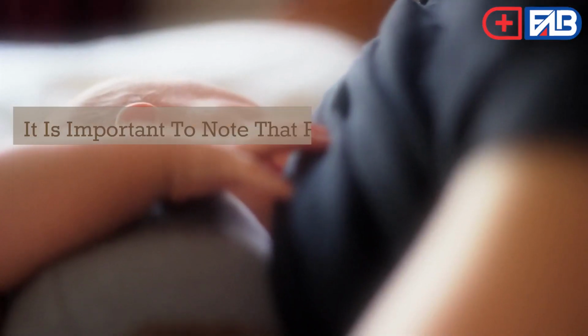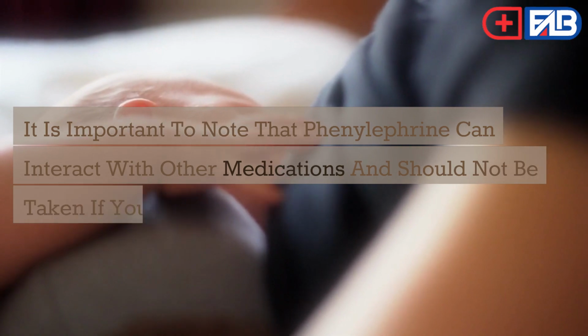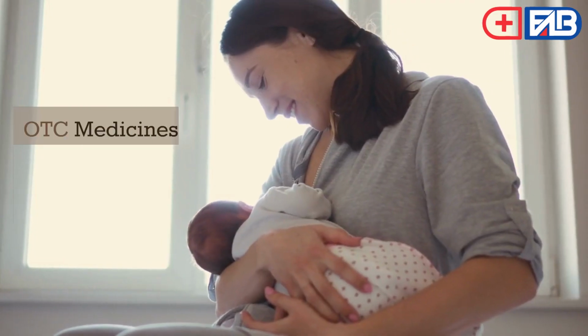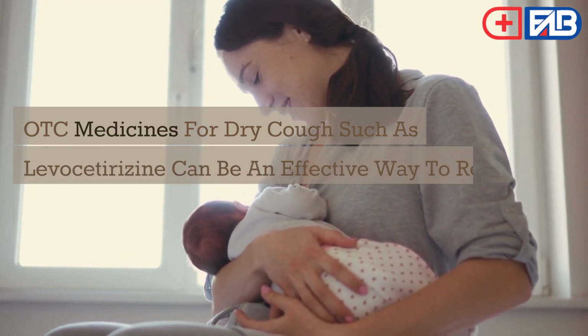It is important to note that phenylephrine can interact with other medications and should not be taken if you are pregnant or breastfeeding. Levocetirizine. OTC medicines for dry cough such as levocetirizine can be an effective way to reduce symptoms